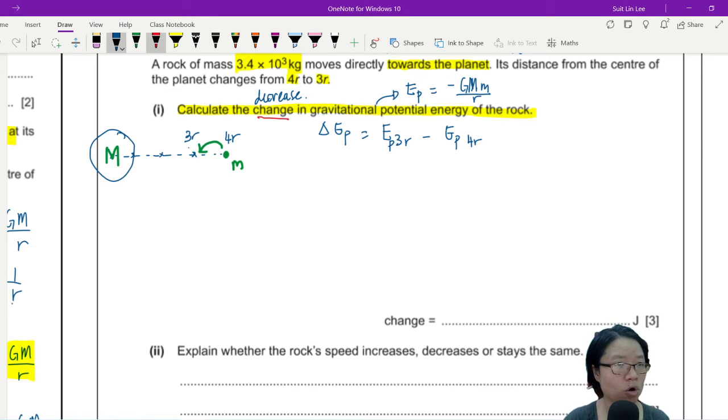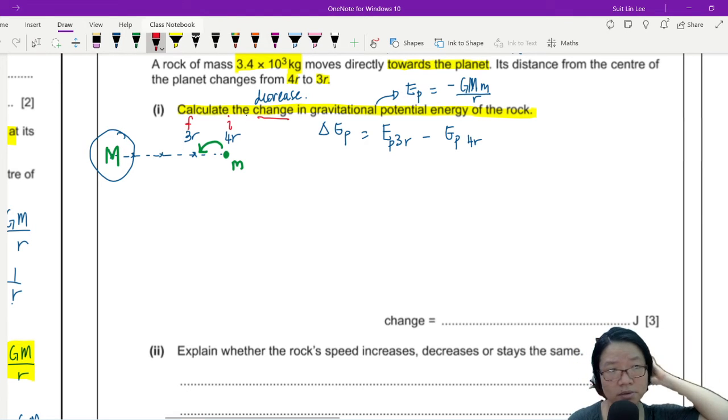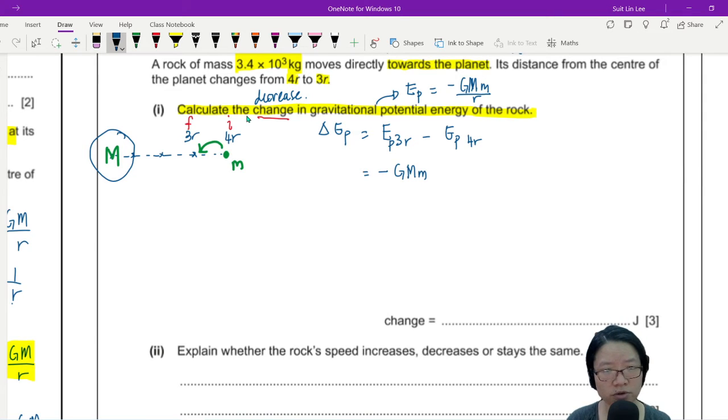Okay, so always take final minus initial. Makes sense, right? You want to find the change, so you take the final form minus the initial form. So I can now substitute the equation. Okay, so this is negative G. Miss, you don't substitute value first. No, I don't do that first. I put the equation first because I can factorize. Okay, negative